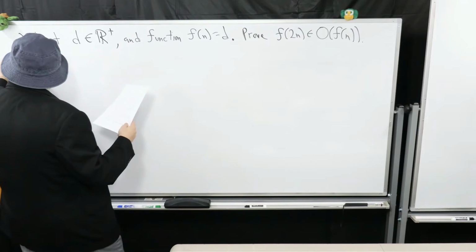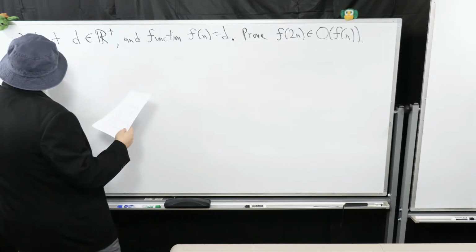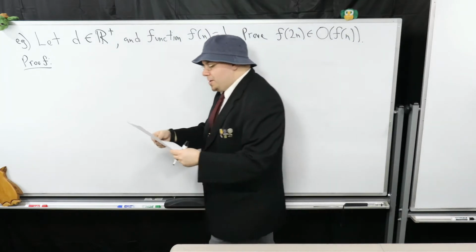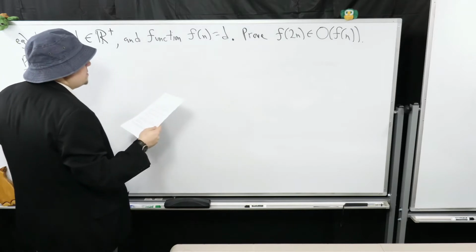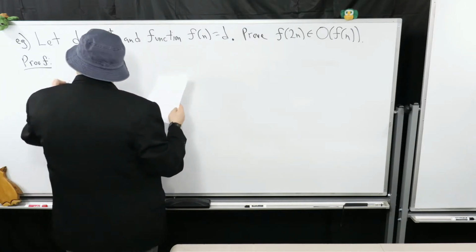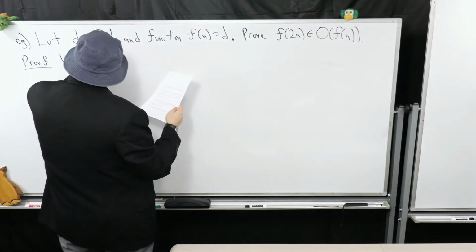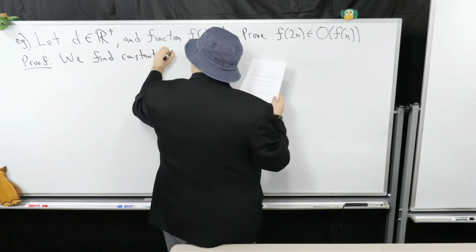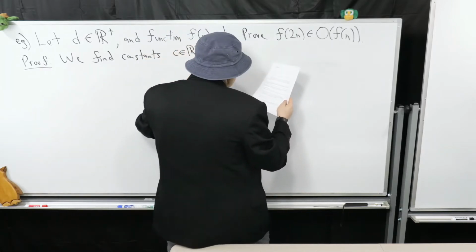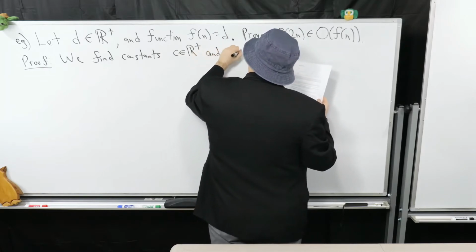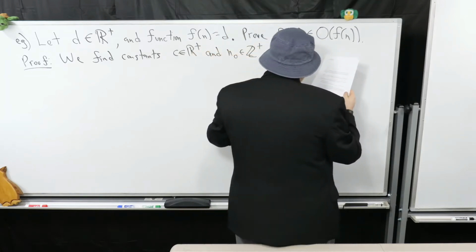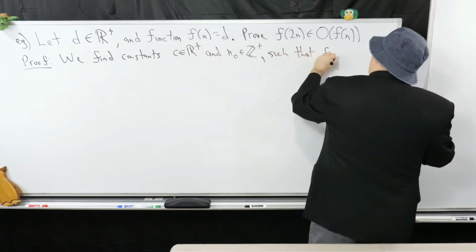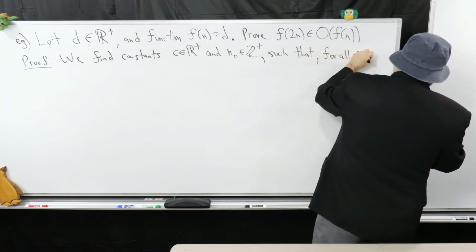So let's do a proof for this. You're going to see that it's not very different from doing a big O claim proof that you're used to from these videos. So here we go. So what are we going to do? We just say what we're going to do. Remember, we're trying to prove a big O claim. So we're going to say we find constants c and n0 such that for all n greater or equal to n0,